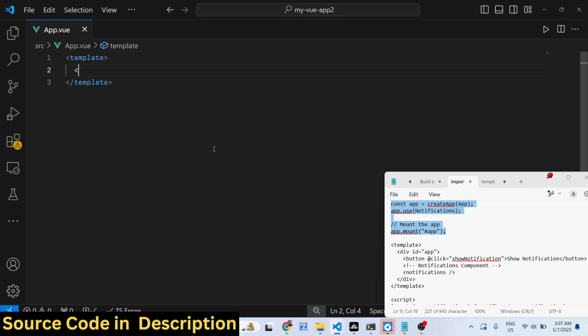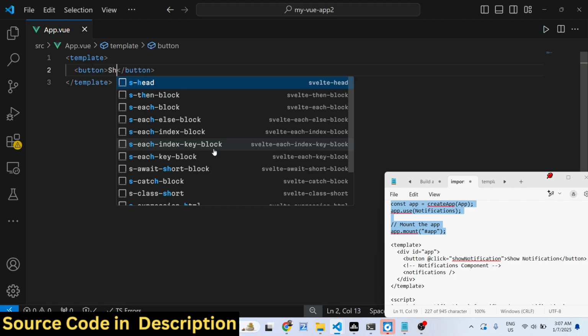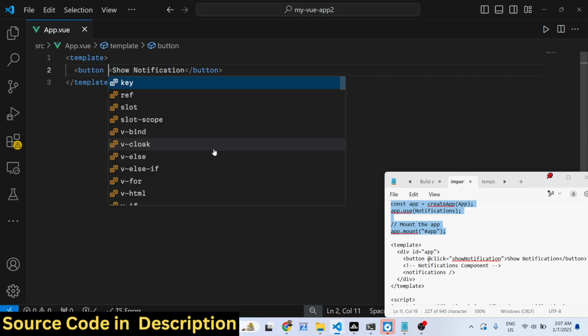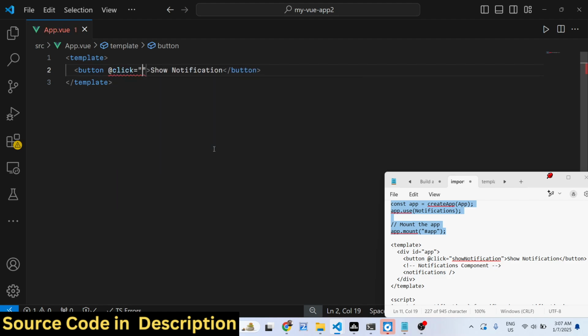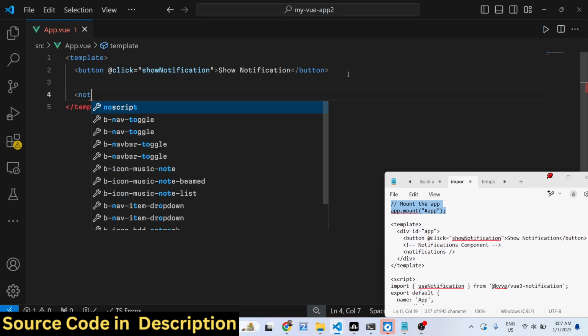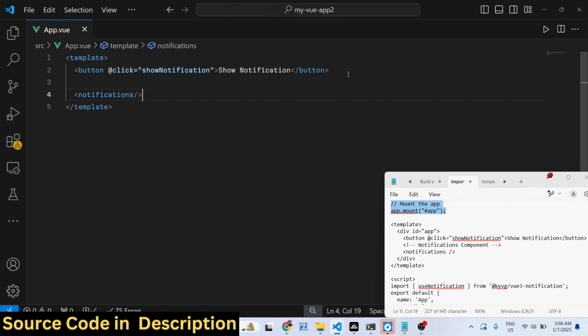Inside your template we define a button. We will say show notification. So you'll just find and add the click on click. So when we click the button, we will execute this function show notification. So now we need to define this, and we also need to embed this component, which is notifications, to actually